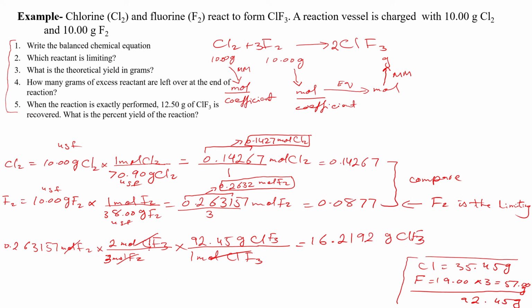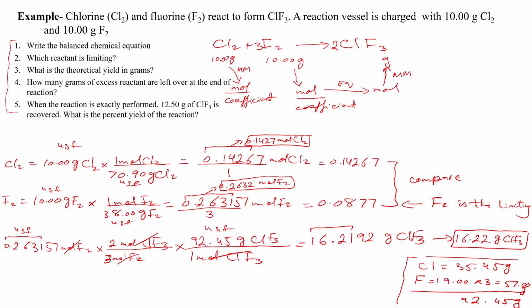Okay. Now the sig figs, this number has actually 4 sig figs up to this point, right? So under this bracket, we got it from here. So 4 sig figs here, these are exact numbers, and 4 sig figs here. So if we round, we're going to round it to 4 sig figs. So it will be 16.22 grams of ClF3 will be the answer. So this one is the theoretical yield of the reaction when we convert 10 grams of fluorine